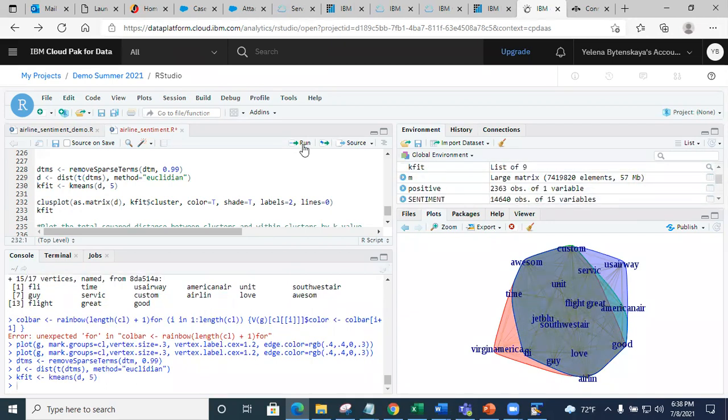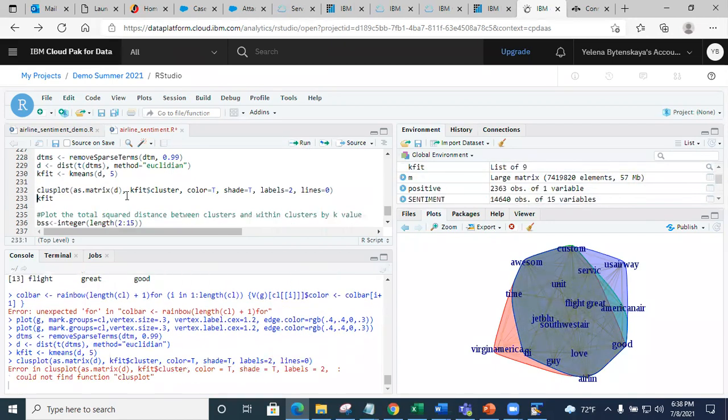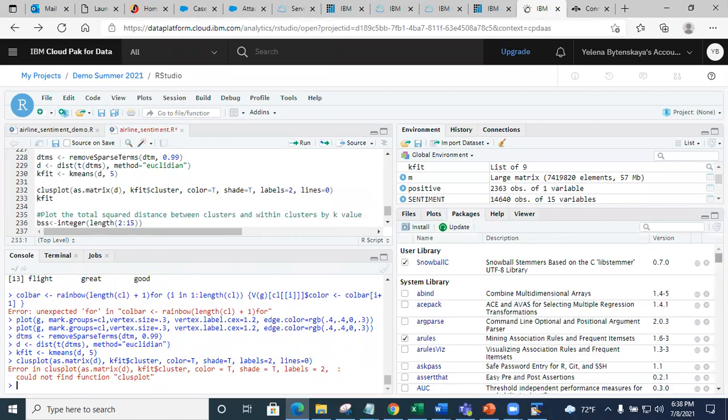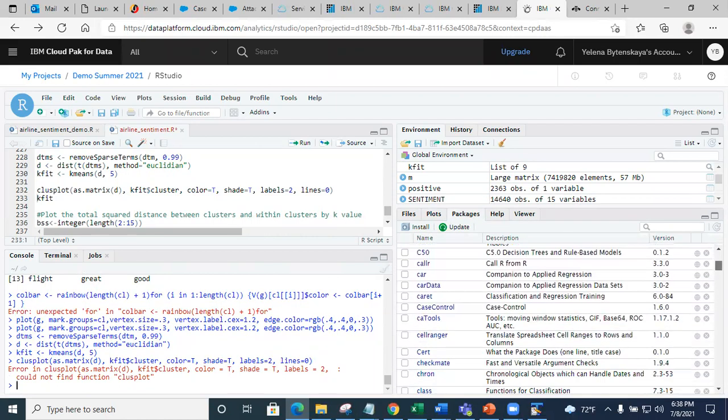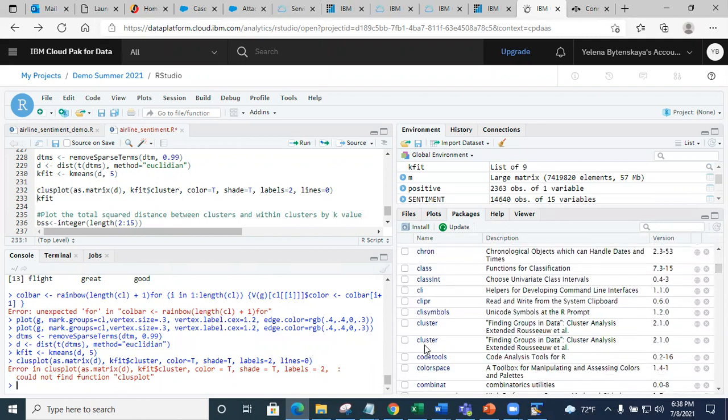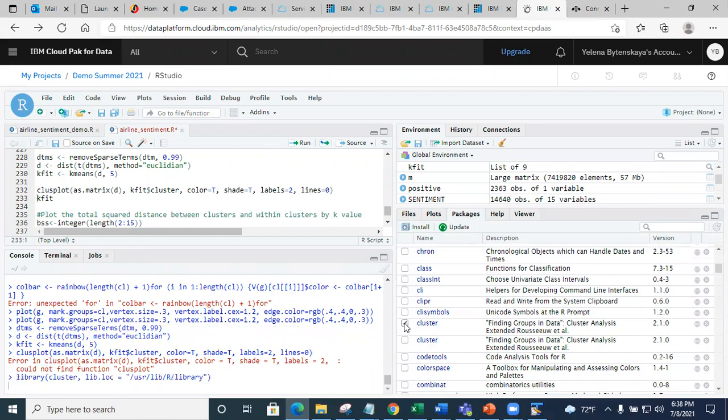And I think I had to load the package called cluster, something like that. I had to load that package in memory too, because I did not do this. Let's see if that does it now.